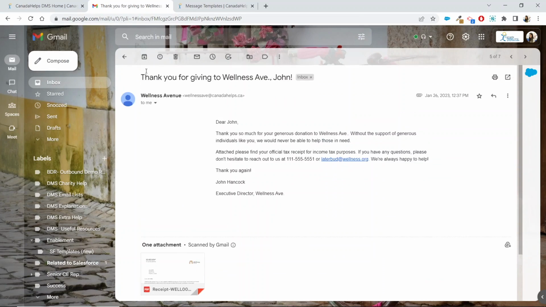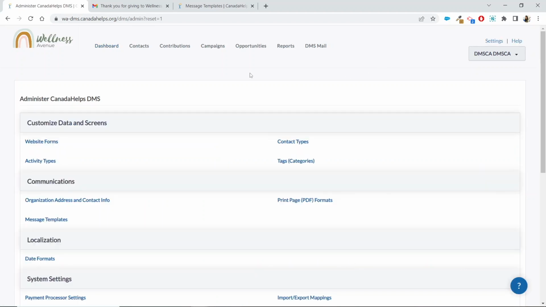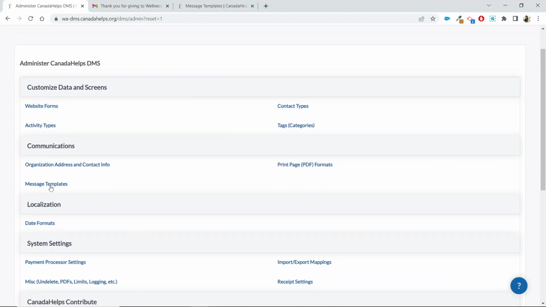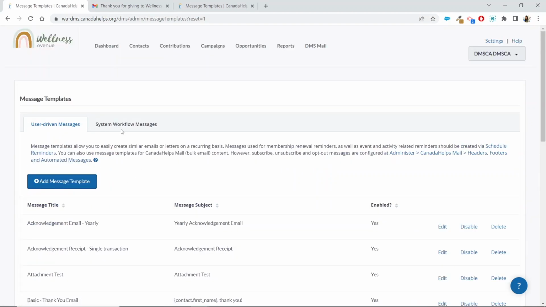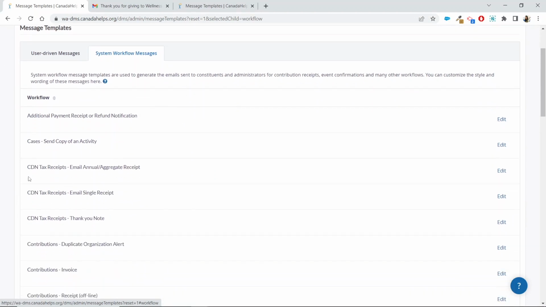Much like modifying the tax receipt thank you note that we just modified, to modify this tax receipt email message, head to your Administrative Settings section. Once here, under Communication, click on Message Templates once again. On the next page, select again the System Workflow Messages tab across the top. On the next screen, under the CDN Tax Receipts subheadings, you can update both the email message for when you send a tax receipt for a single contribution,